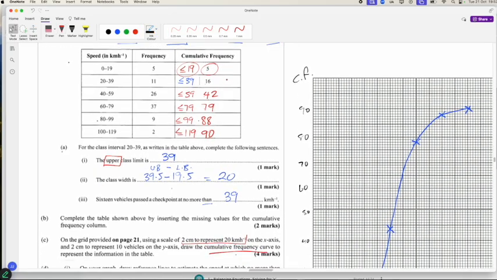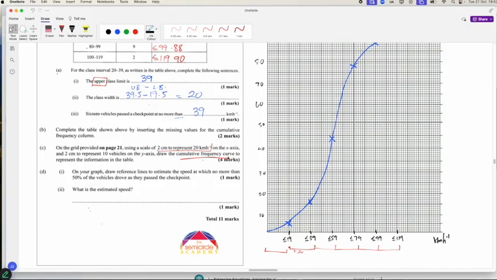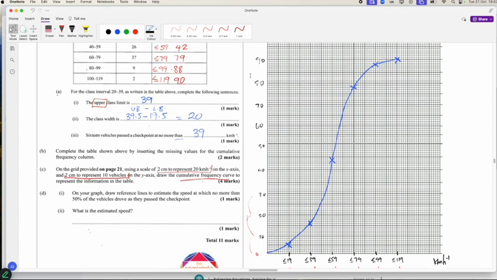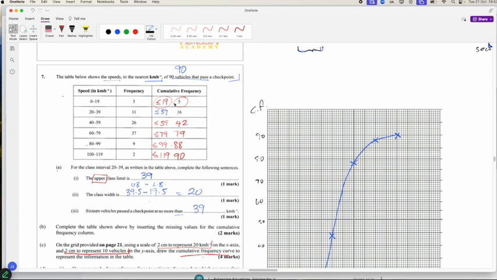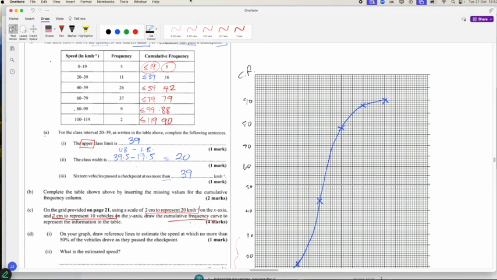By the way, the cumulative frequency will have to go up to 90. They say here that for the y-axis, you're using 2 centimeters to represent 10 vehicles. So from the 0, I have 10, 20, 30, going up to 90, and plot it. So 19 plotting with 5, and even though my curve kind of draws a little bit, you've got to be a little careful how you draw your curve. I see in here 39 plotting with 16,